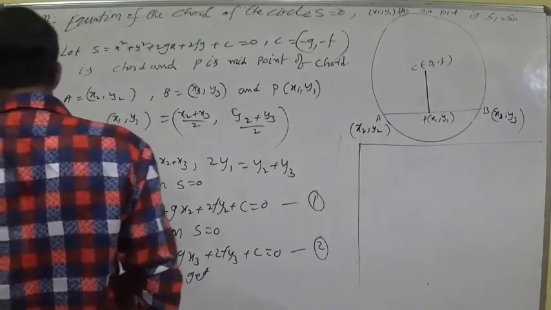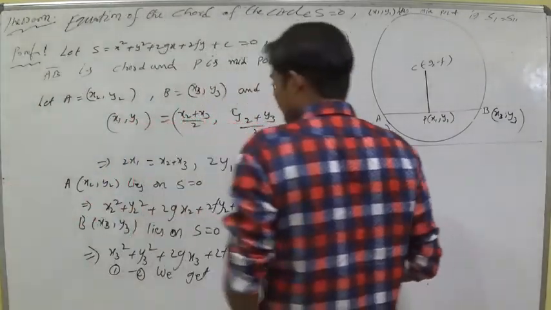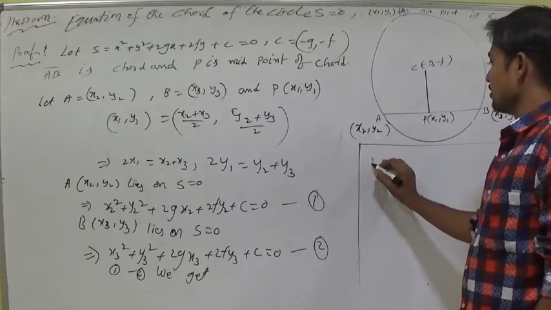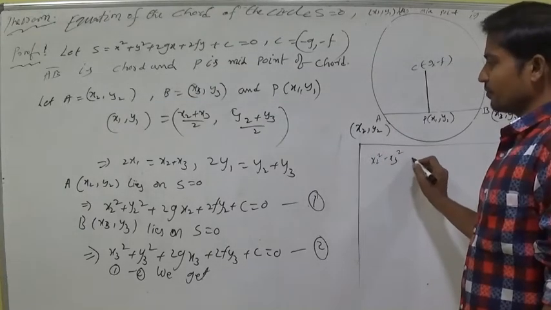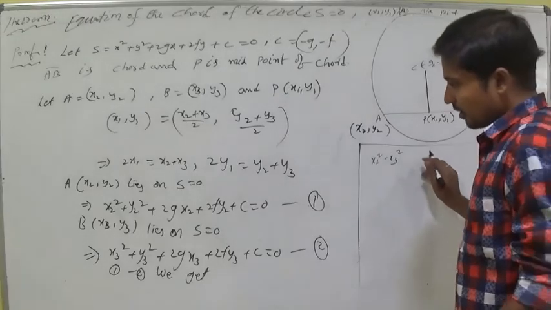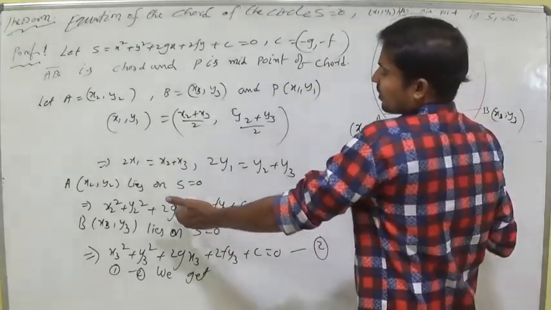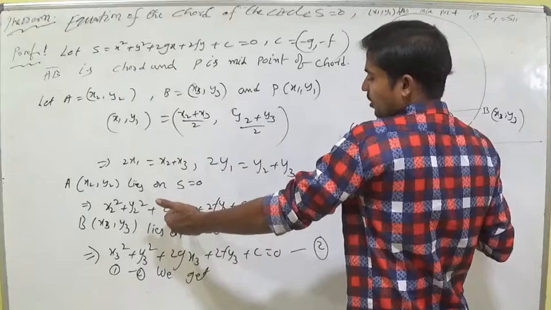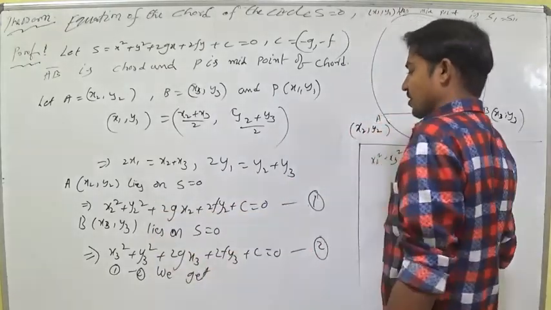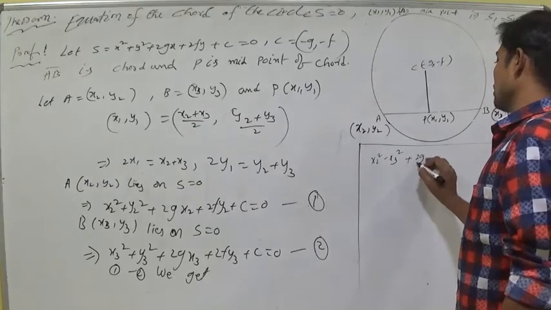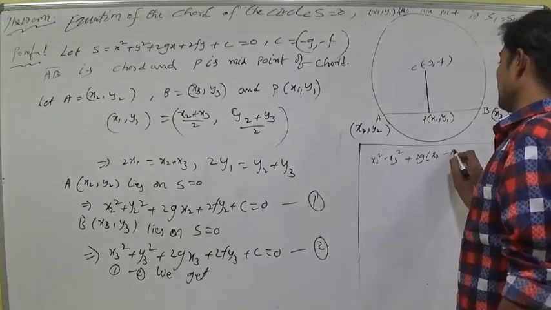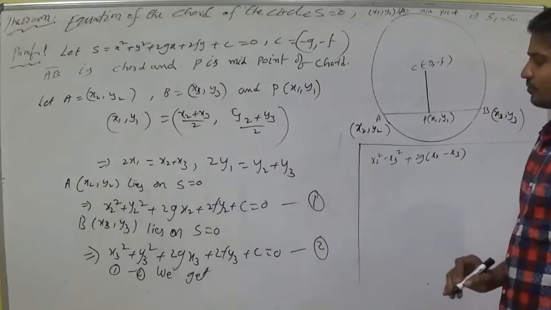Now see, x2 square minus x3 square plus 2gx2 minus 2gx3, that is 2g(x2 minus x3), right,